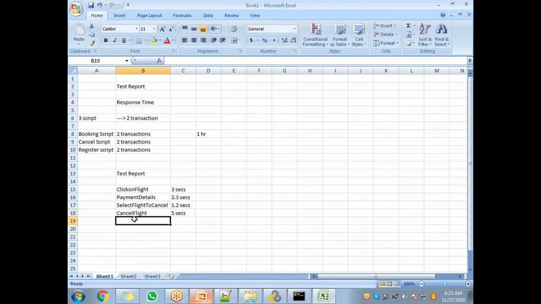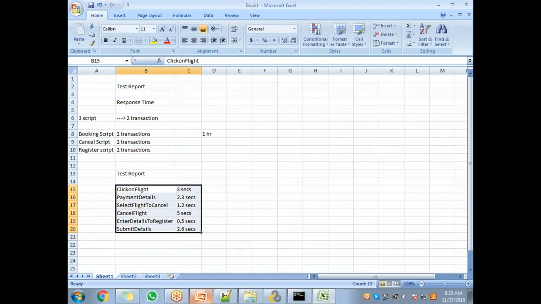Register user. Enter details to register, maybe let's say it's 0.5 seconds. Submit details transaction, let's say it has taken 2.6 seconds. So we got this report now. This is the final report. Finally, this is the report, and since I have typed it,